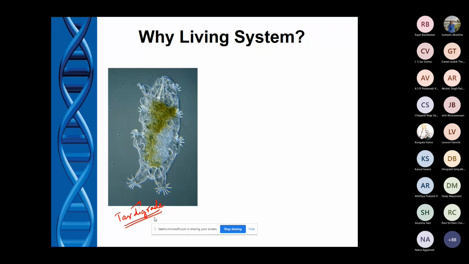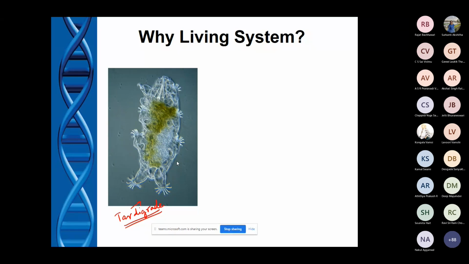So now people across the world, mostly some pharmaceutical companies, are trying to make or mimic this system, to see whether we can make and preserve some useful drug, for example a vaccine, and still do it without refrigeration. San Diego-based company Biometrica in the United States made something similar, observing and understanding this organism. They made some kind of devices so that you can put your precious biological sample, for example a vaccine, and store it at room temperature, right?